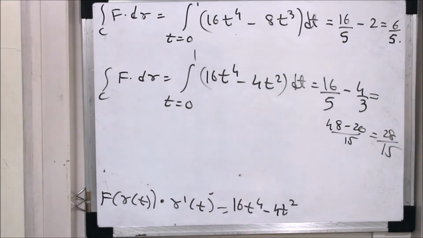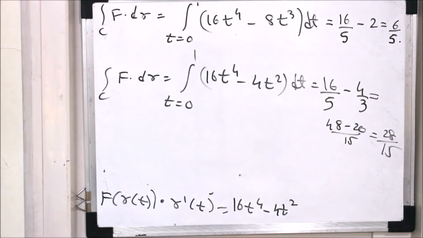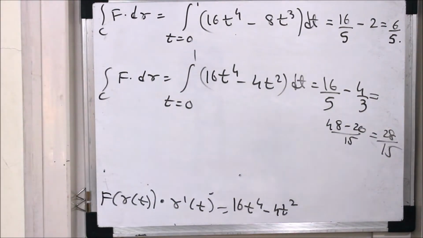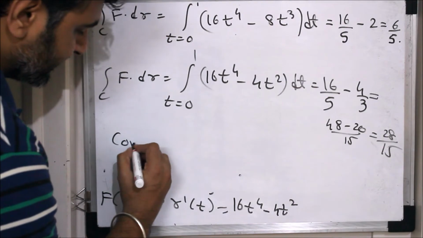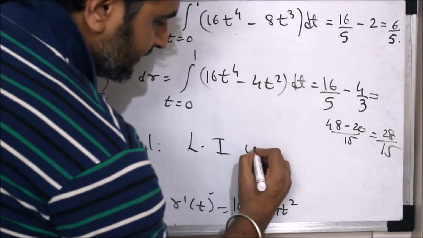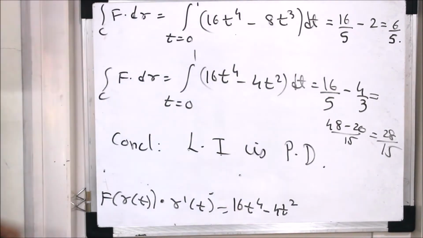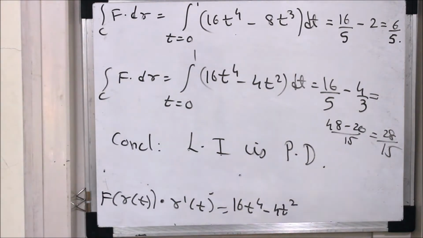And as you can see, both the things are not same, and therefore the line integral is path dependent. Okay, so what is the conclusion? Conclusion is line integral is path dependent. So therefore choosing a path is important. But then obviously one can ask a few questions. Then when will the line integral be path independent? Means, is there any condition on f? If we put some condition on my vector field, then will my line integral be path independent? Answer is yes, there are some conditions, and that we are going to see in our next session.